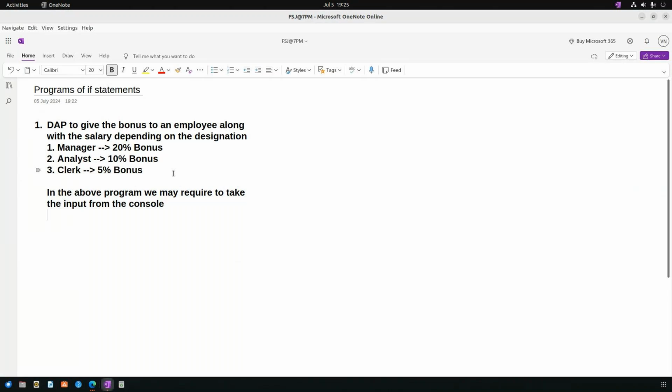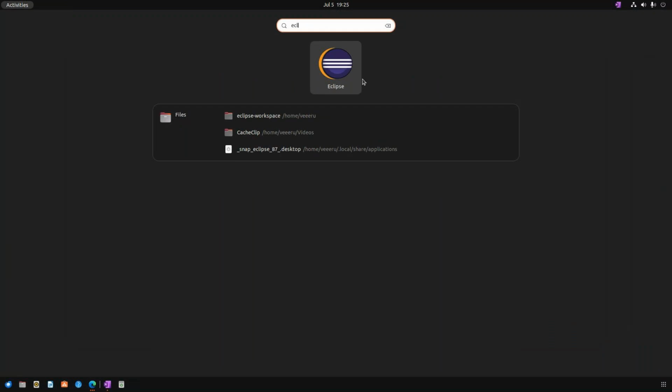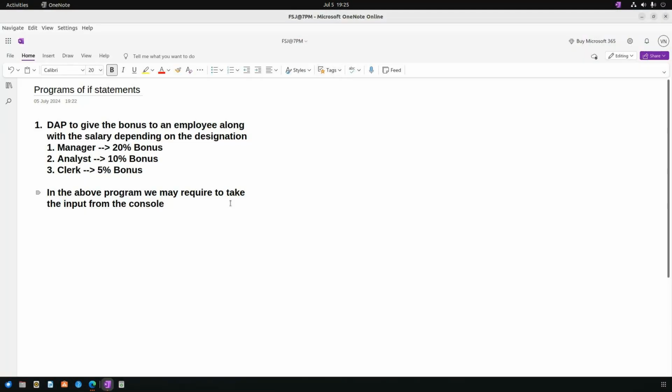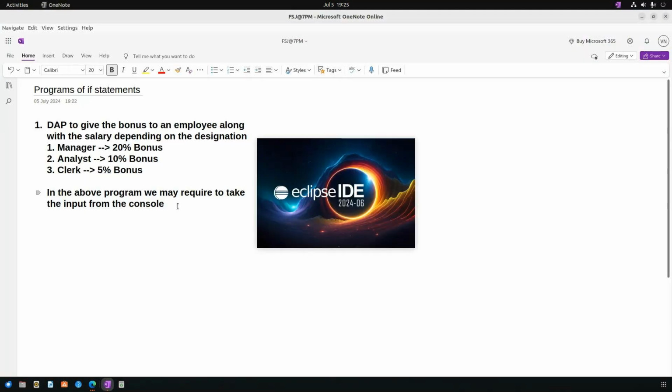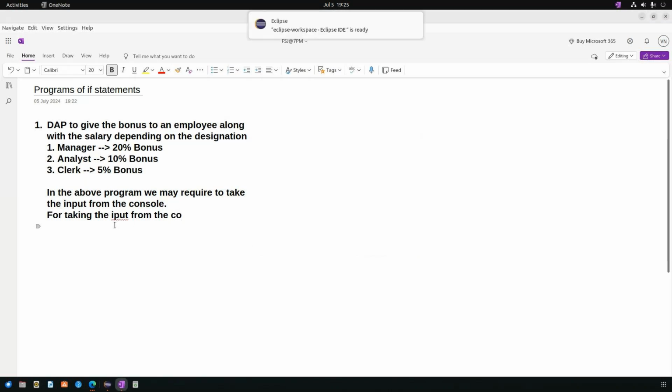So in this program, we may have to take the input from the console. Okay. So in order to take the input from the console, we may use